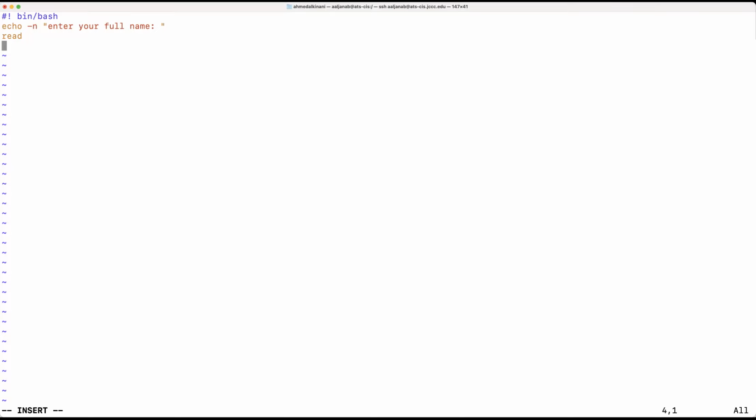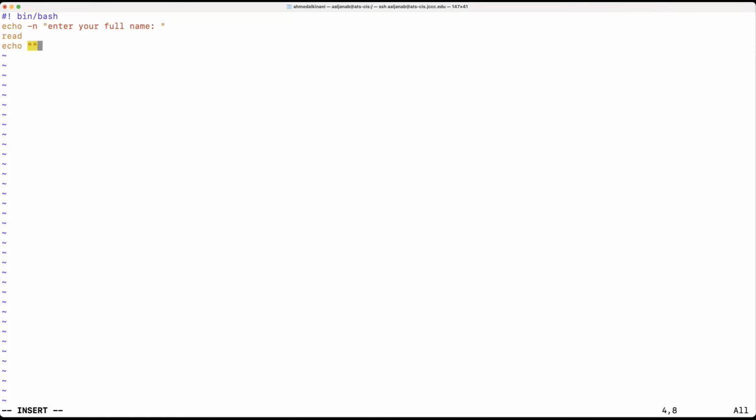Now, the thing that you should ask yourself, well, so you are reading, but where are you storing whatever you're reading? And again, if you have a background in programming, you should know that every time we perform an input operation, when you read from a keyboard or you're reading from a file, whatever you're reading needs to be held inside a variable. And by default in Linux, there's a special variable that is simply going to read whatever you're going to be typing on the keyboard. And that variable, let me just type it here so you can